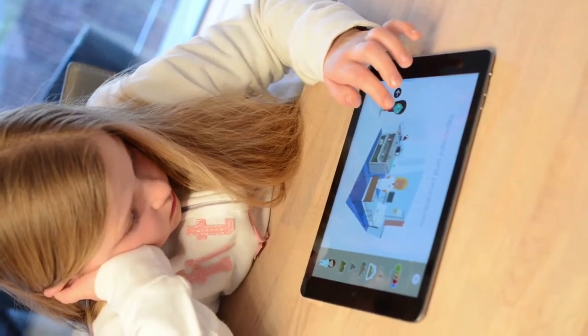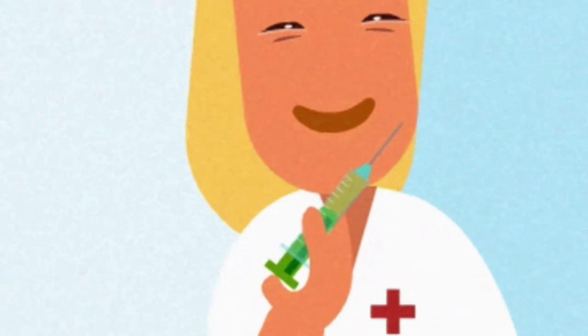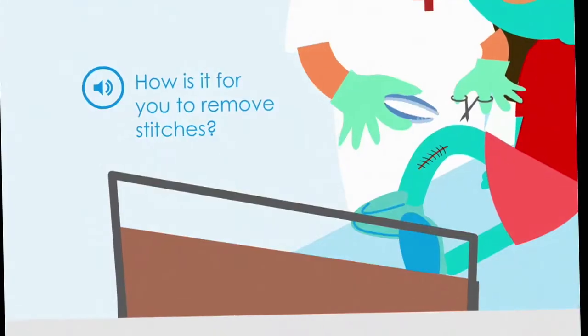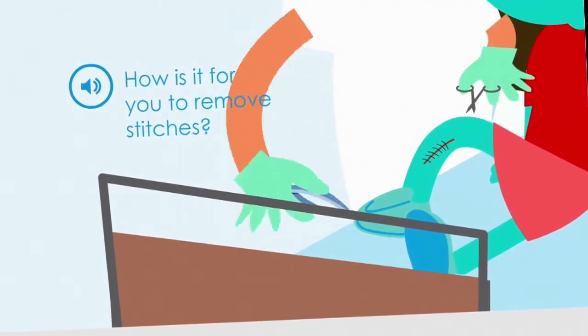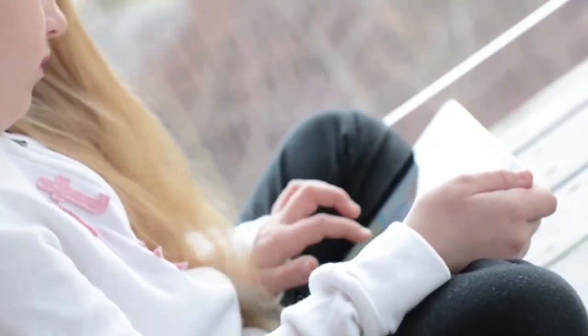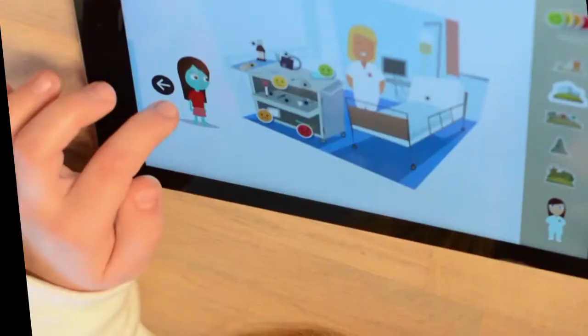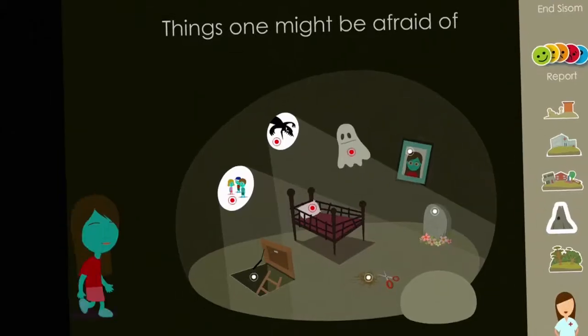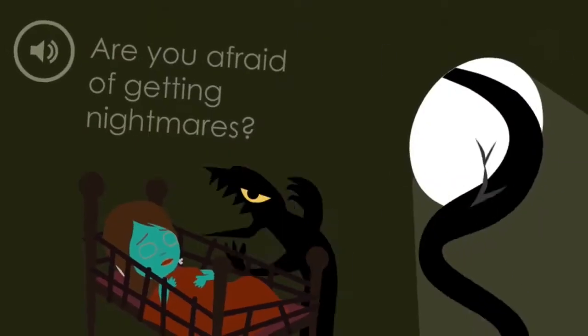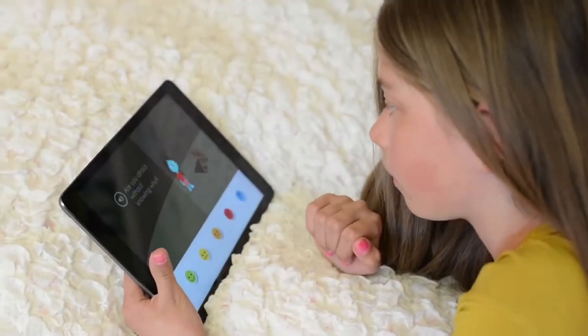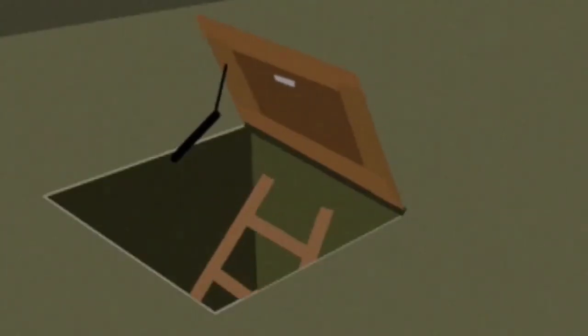In this room, you can tell how you feel about things you have to go through. How is it for you to get shots? How is it for you to remove stitches? Are you afraid of getting nightmares? Are you afraid without knowing why?